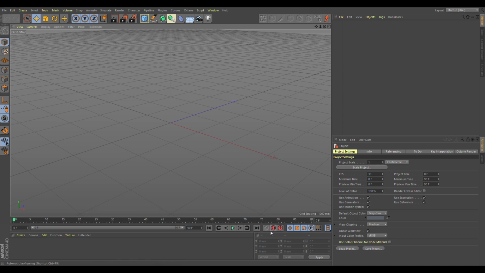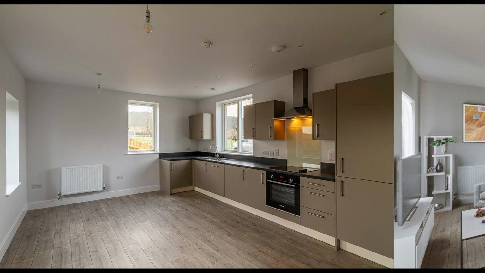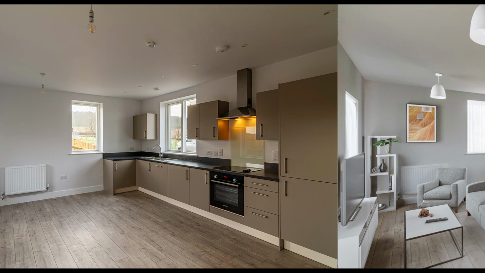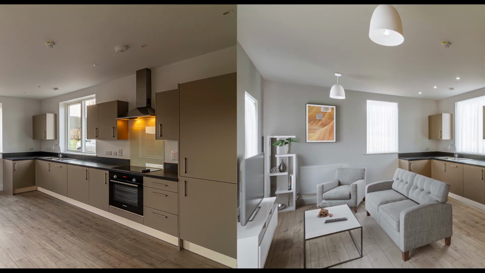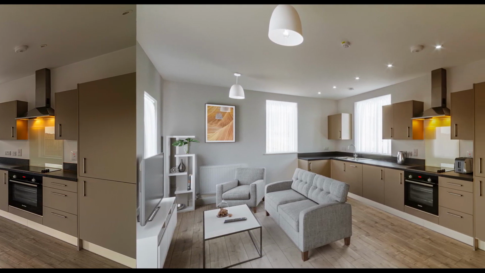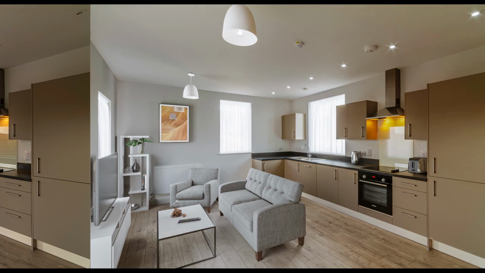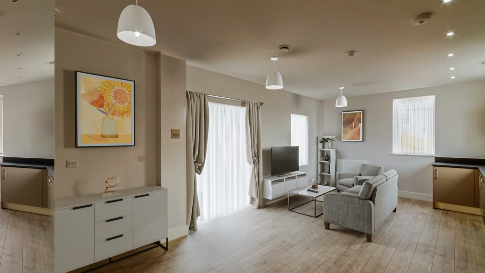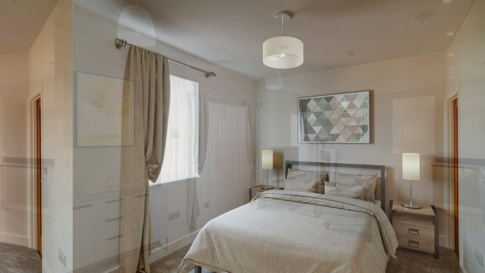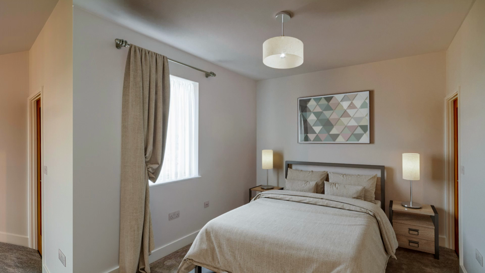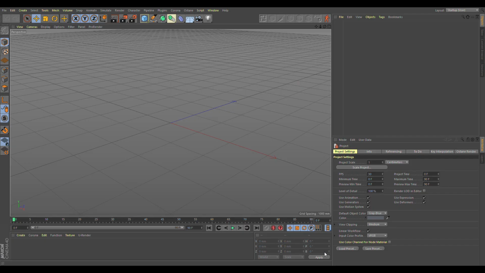So what we're going to be doing is looking at how we can take this photo on the left and, using camera mapping and shadow catchers in Corona, we can then composite an image like on the right, where we put in virtual furniture. And again, here's another angle and a bedroom as well. That's been done. So first things first, inside of Lightroom and Photoshop, I've created this picture combining some different exposures